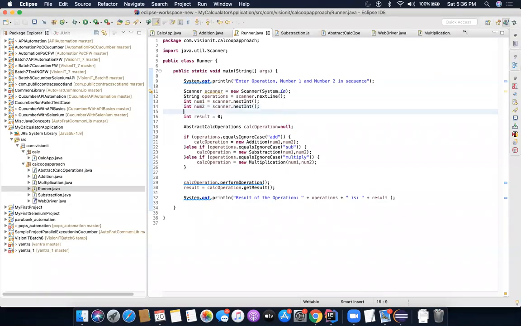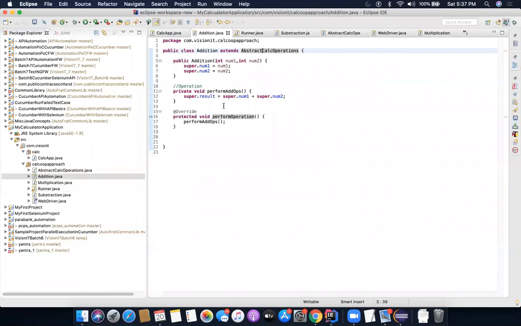So now the problem here is, as I said, we need to keep on enhancing our software. The problem here is it is only taking two digits. I want it to take multiple numbers. So let's say I want it to add two numbers, and I also want it to add three numbers. All right, so two numbers as well as three numbers. So I will go to addition, and right now if I notice, I have the opportunity to only pass two numbers. I don't have an opportunity to pass three numbers, right?